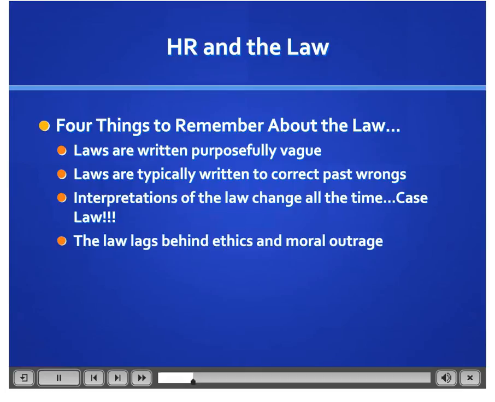There are 4 major issues that you need to remember around the law. Number 1 is that laws are not written with an enormous amount of detail. They're actually written purposefully vague for a reason. And the reason behind that is because of our case law, the way that our court systems work: we create a general law, and the case law allows us to create the boundary conditions of what is appropriate and what's not appropriate. And so our laws tend to be vague because you cannot think of every possible contingency when you're